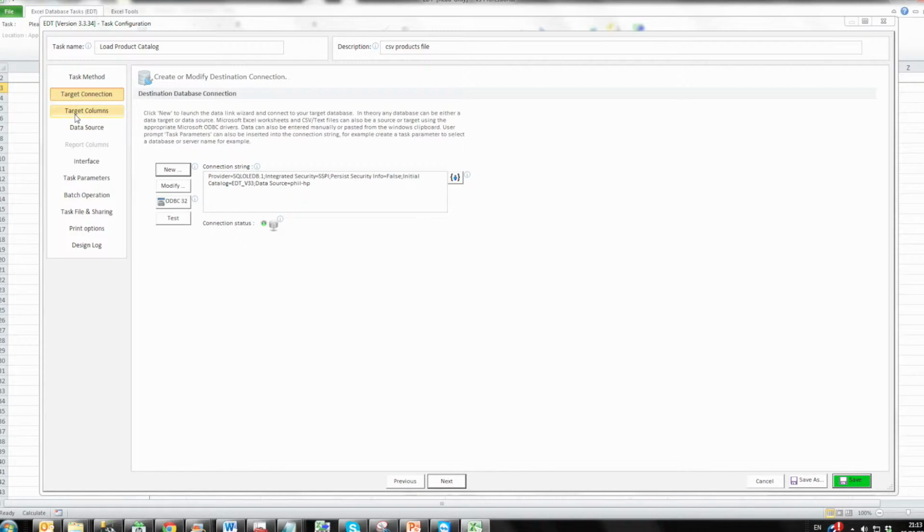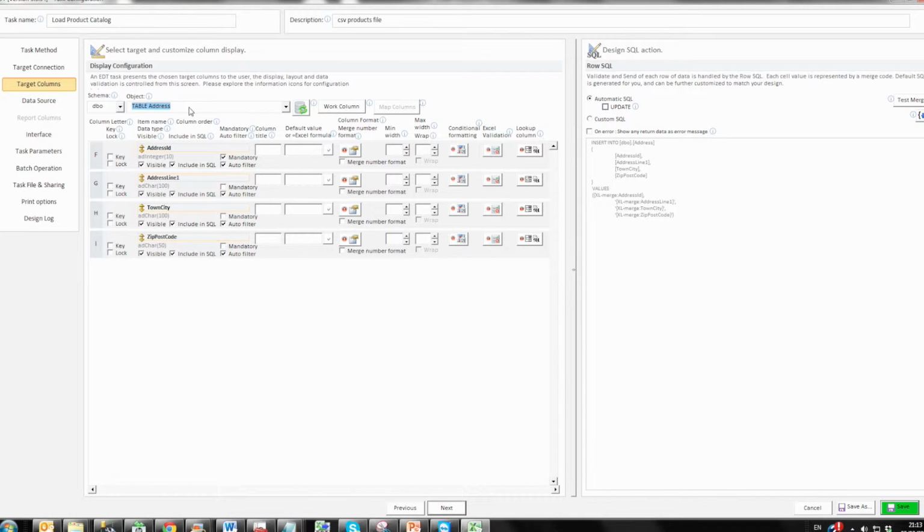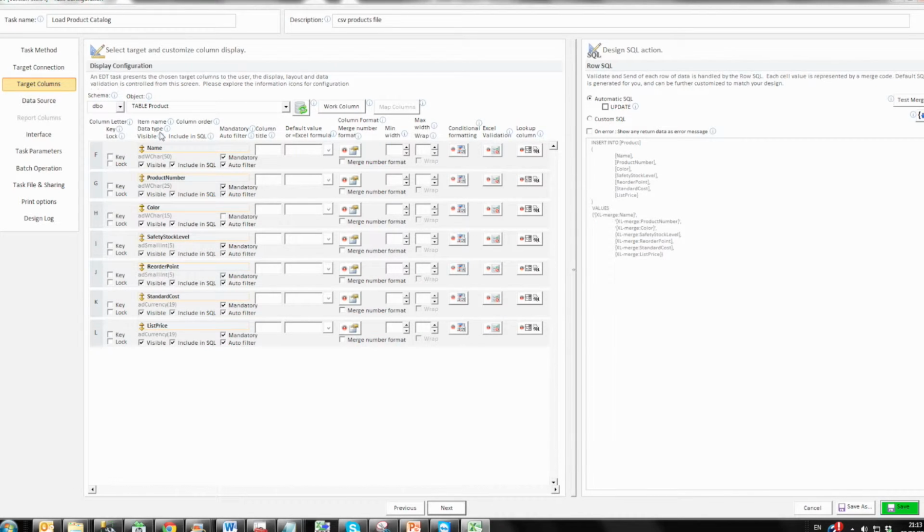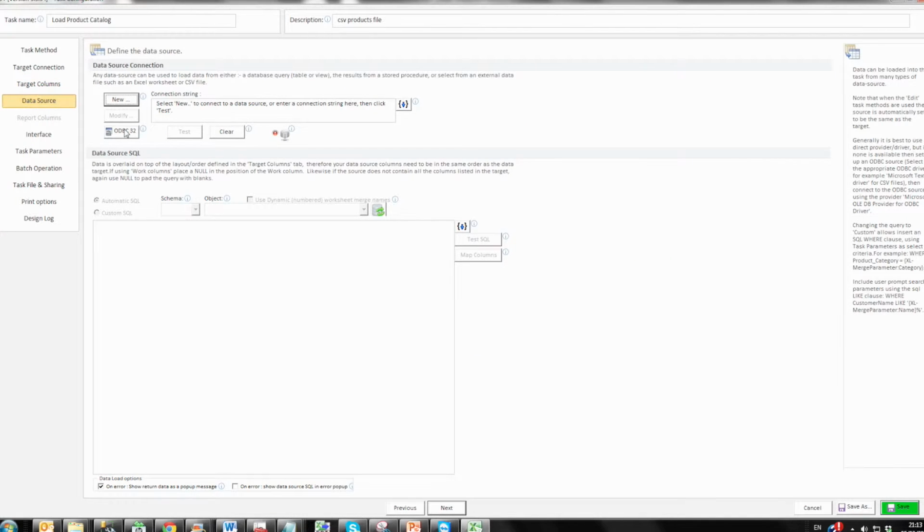So we're going to have a look at the target columns. EDT reads all the tables that are in that database. It obviously defaults to the first one, which is address. We're actually looking at the product information, so I'll select the product table, and it reads in all the columns from there. So next, on the data source, I'm going to set up an ODBC